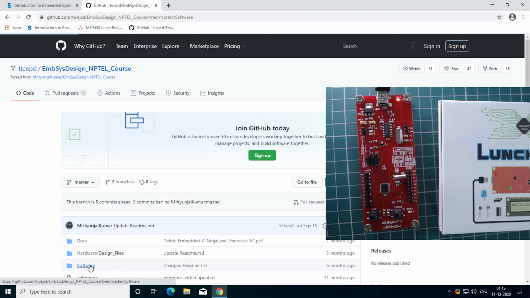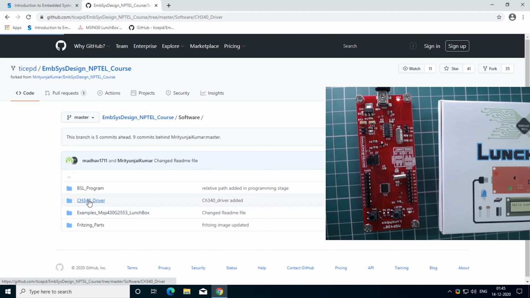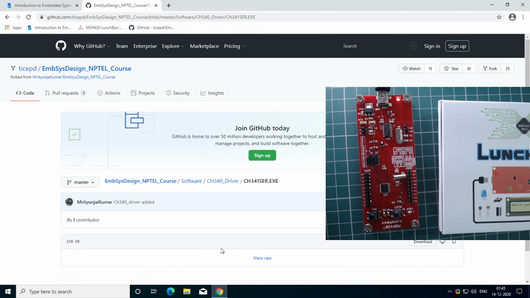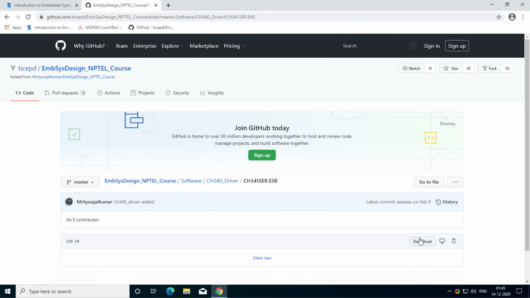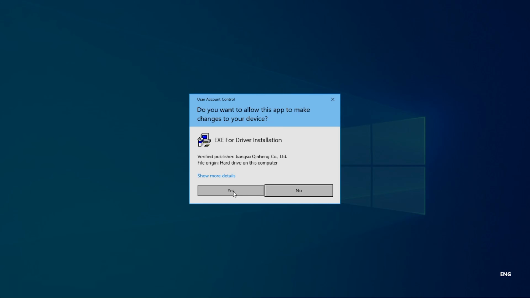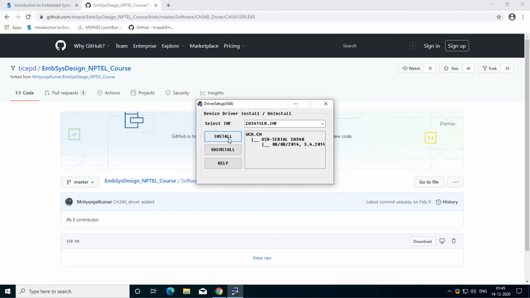For the driver, you can navigate to this link, and by clicking on the download button, you can download the driver onto your system, and by clicking this you can start the installation process. Click yes and press install.